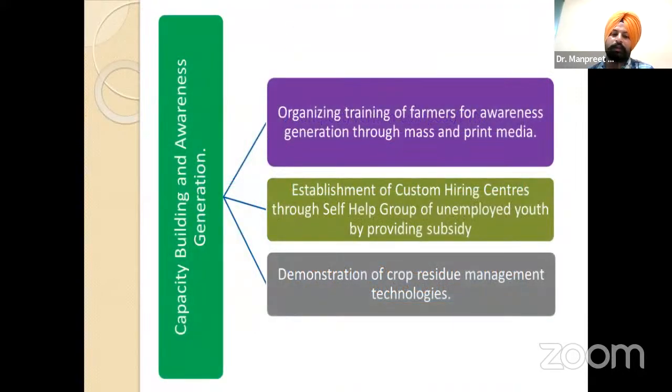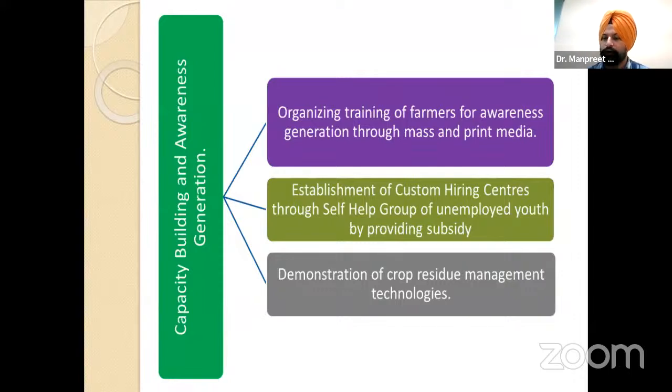उसके बाद आ जाते हैं कैपेसिटी बिल्डिंग अवेयरनेस जनरेशन। कैसे हम अवेयरनेस क्रिएट कर सकते हैं कैपेसिटी बिल्डिंग के लिए? उसके लिए हमें कुछ लोकल लेवल पे या फार्म लेवल्स पे या विलेज लेवल्स पे या ब्लॉक या यू कैन से डिस्ट्रिक्ट लेवल्स पे हमें फार्मर्स के लिए ट्रेनिंग प्रोग्राम्स जनरेट करने चाहिए।